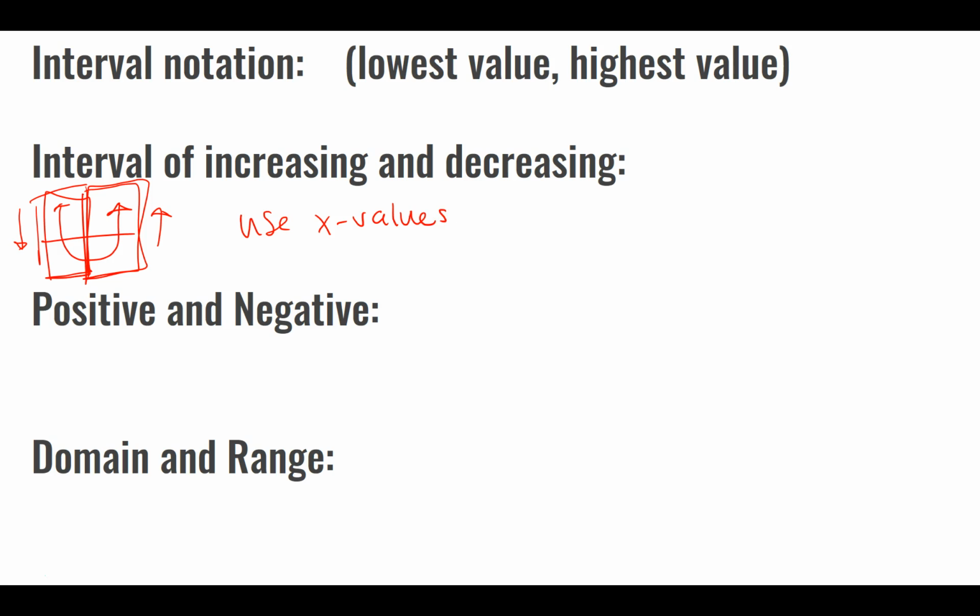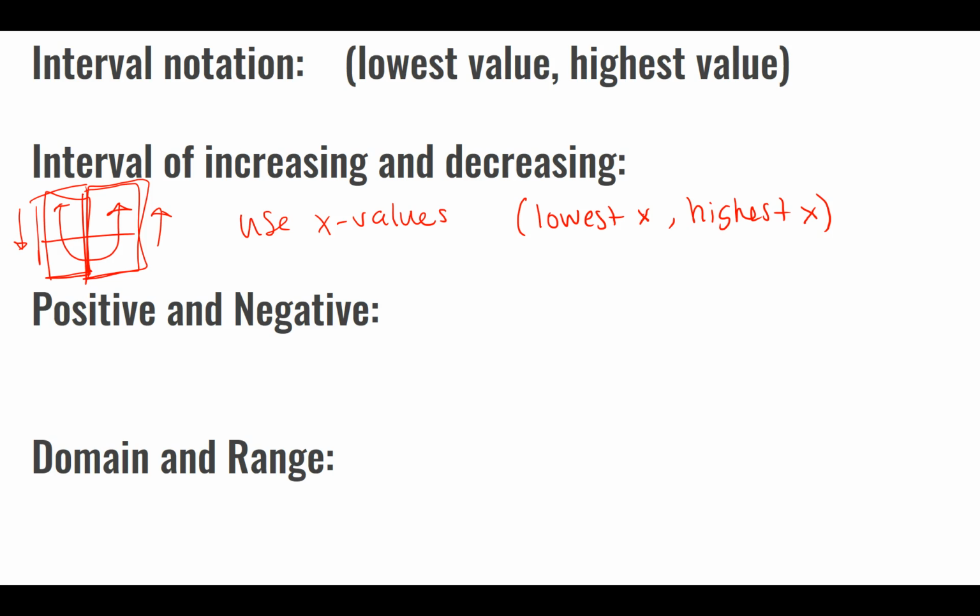So we're going to do the lowest x value to the highest x value of where it's going down or where it's going up. Okay, so intervals of increasing and decreasing, because we're moving left to right, that's my x-axis, we're going to use x values in my notation. Okay, so we would use the lowest x, and then we would do the highest x that go for that piece. Okay,